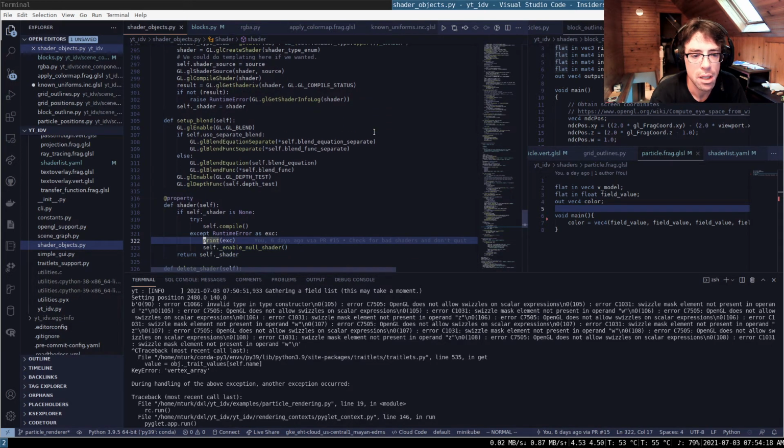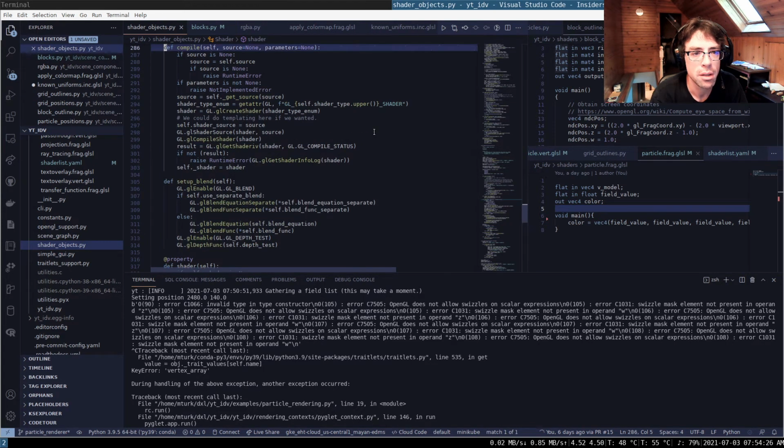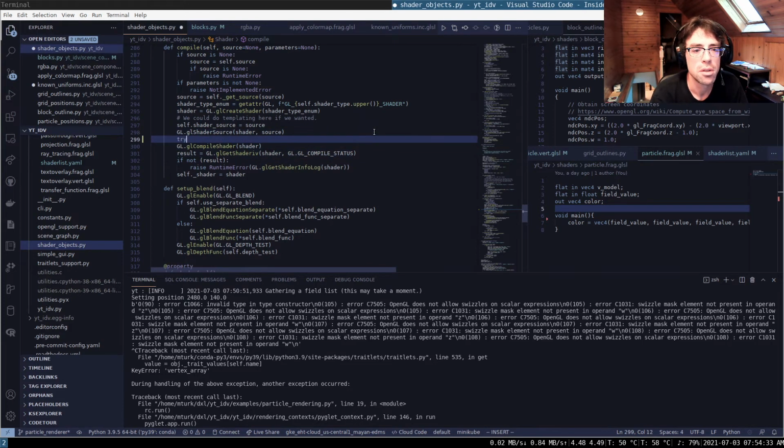Print exe, so that's printing the exception. So def compile, it's compile shader. We've got this shader source. So let's try